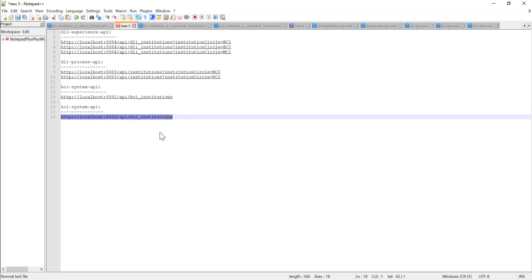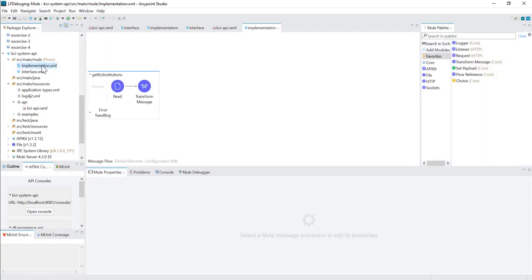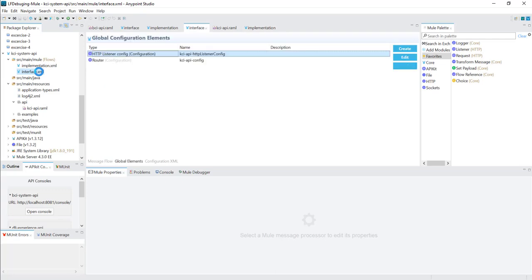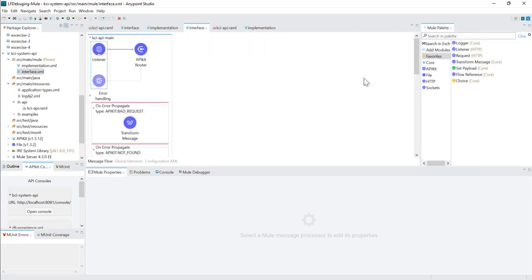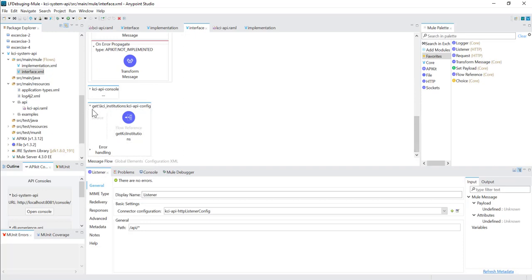So we will quickly have a look, but before executing the URL, before fetching the URL, we will go to the implementation. And if you see, this is the flow. The private flow name is get KCI institutions, and it has been referred to from this flow.